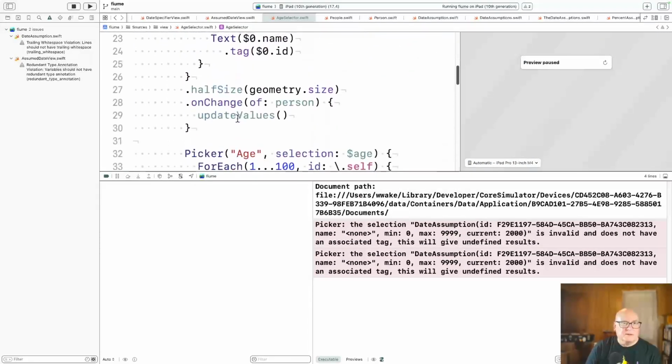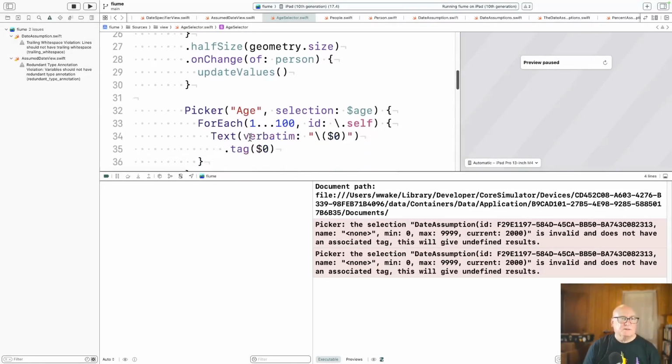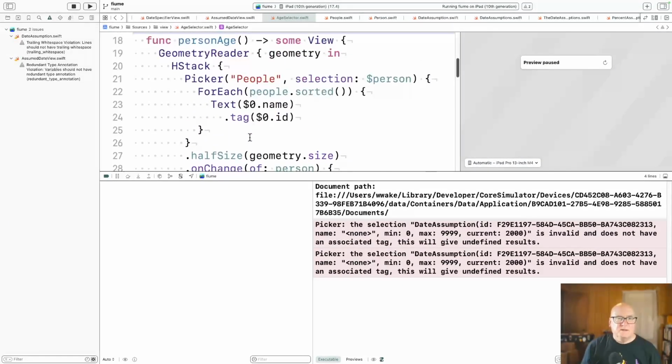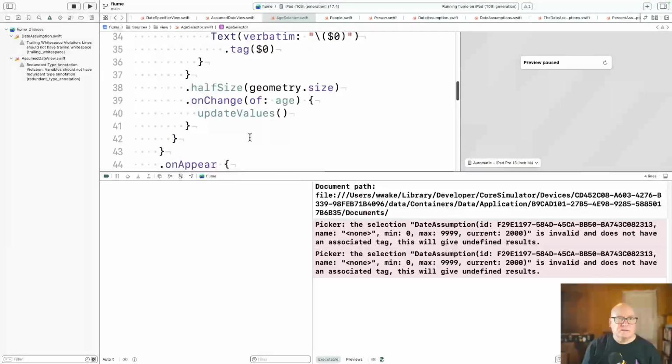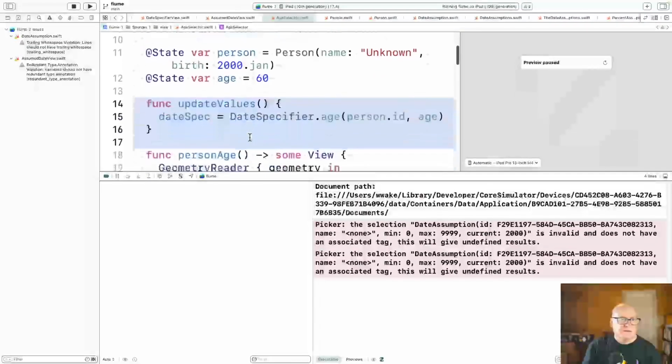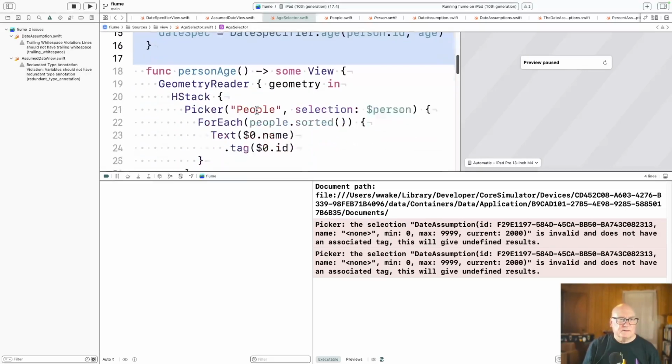He's got the picker on change of person, update values. That's the person selector. Yeah. We only have one choice, so